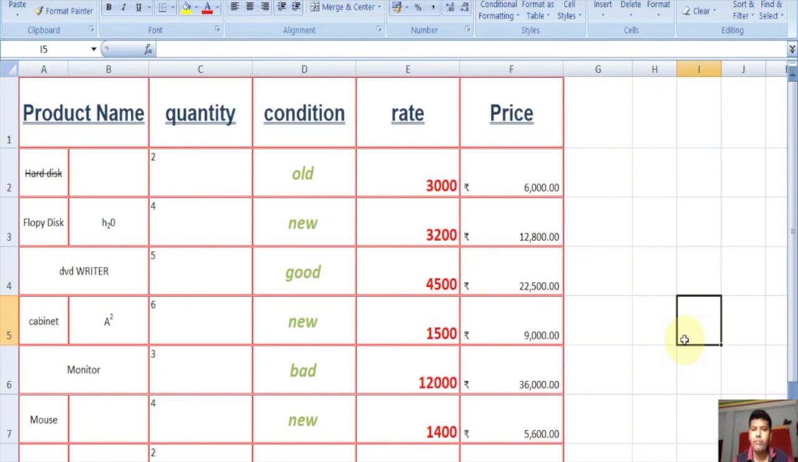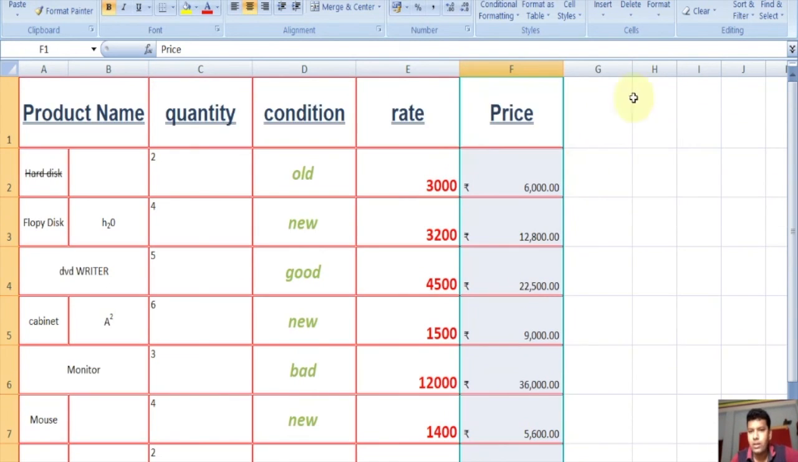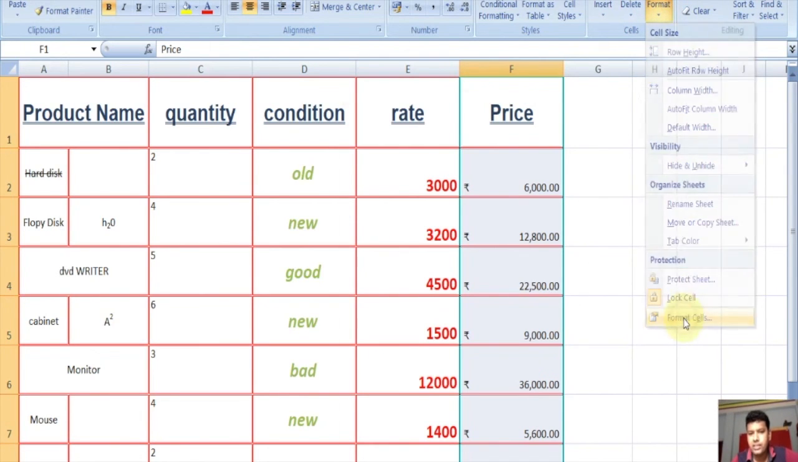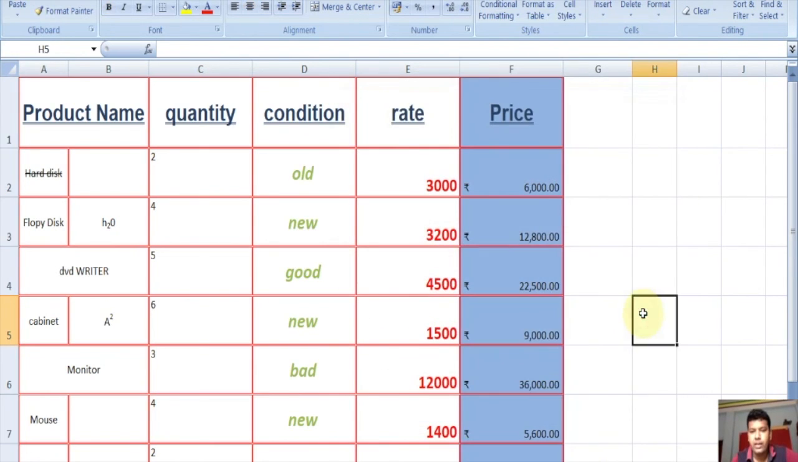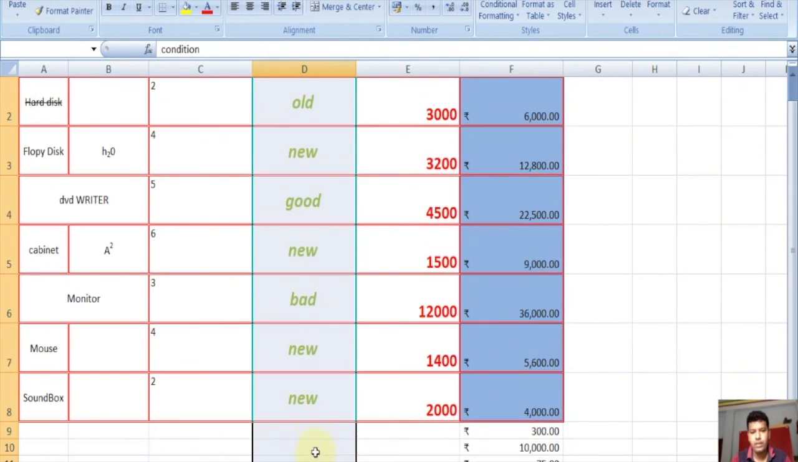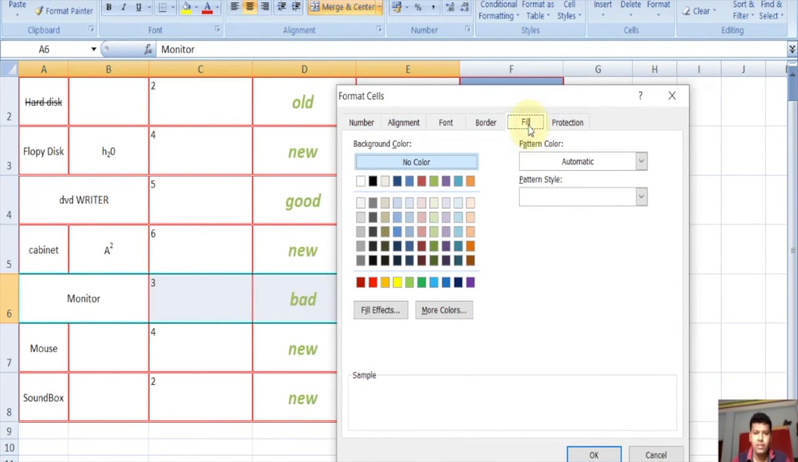And now we learn about fill colors. So for fill color, suppose we want to make all the price with a specific fill color, select the price column and click on format cell, and then fill and make it a fill color with this type of color and click on OK. And here we get the fill color of this color. And if we want to give a fill color to this column, or suppose this row, we can select this, format cell, fill,